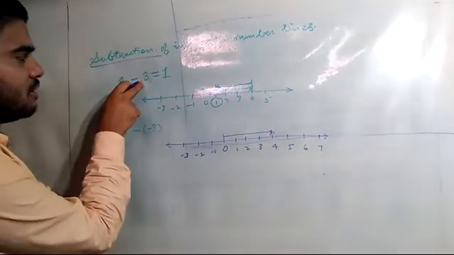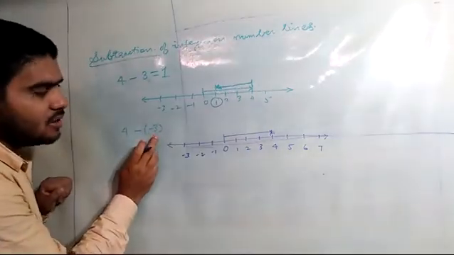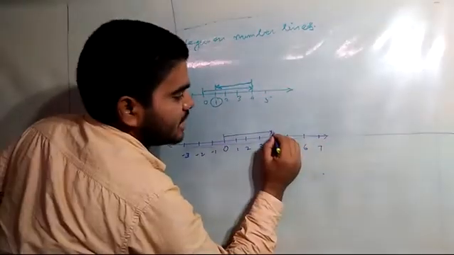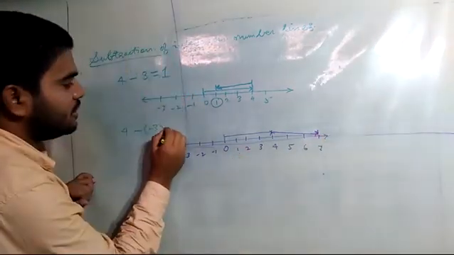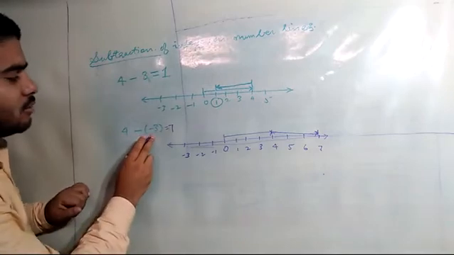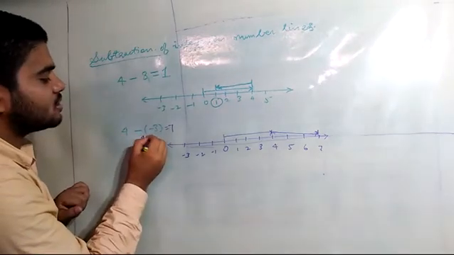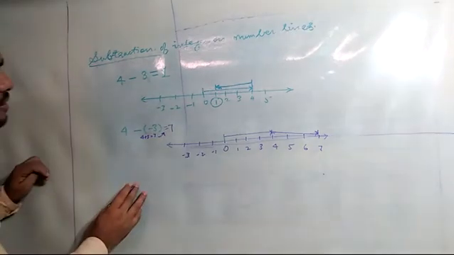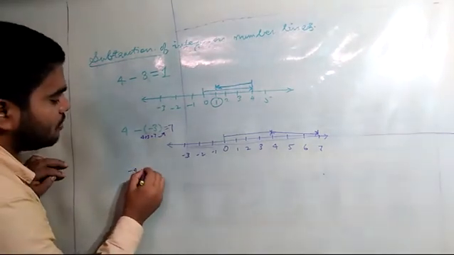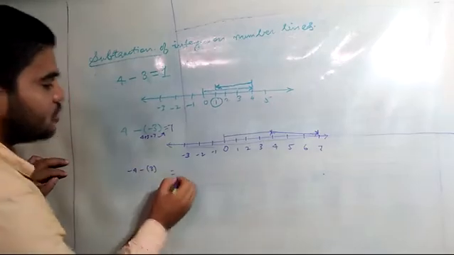In case of positive number, here number is negative, so I will move towards right hand side by 3 units. So my answer will come and stop here. That will be equal to 7. If you calculate mentally also, it will be 4 plus 3 is equal to 7. I hope it is clear. So this is second. Third, if you have minus 4 minus of plus 3, then what you are going to do?